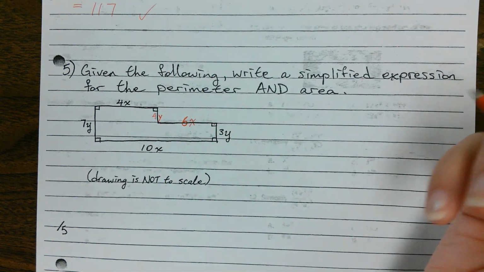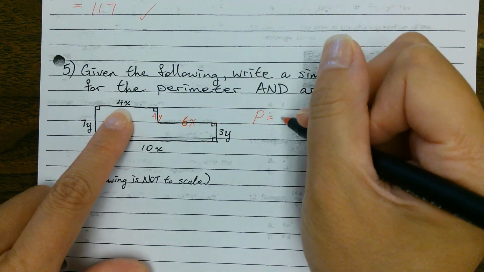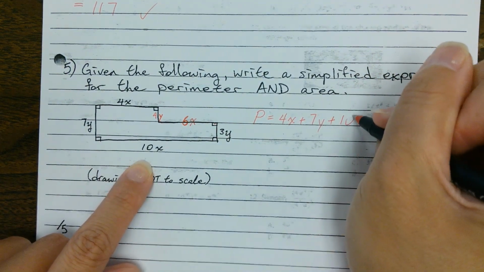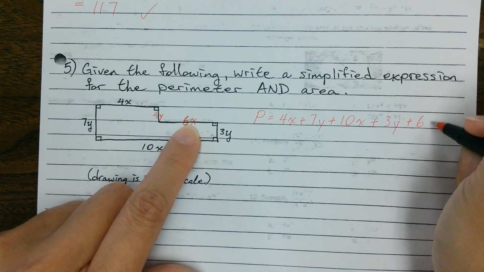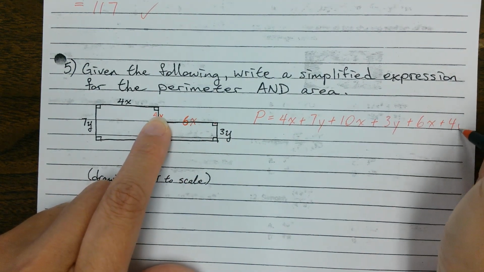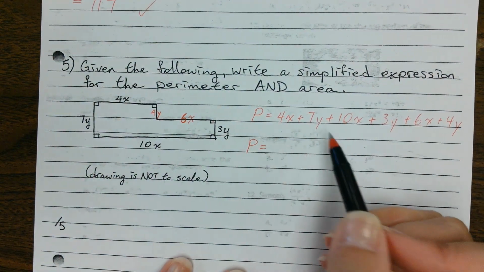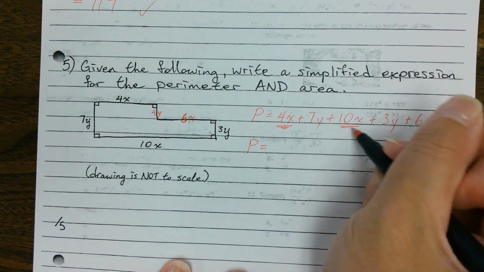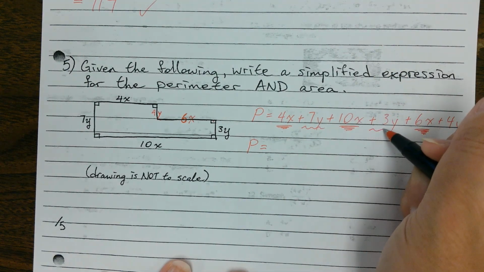Okay. Now that I have every side, I can do my perimeter. So add up all the sides. 4x plus 7y plus 10x plus 3y plus 6x plus 4y. Okay? So perimeter equals, all the x goes together, and then all the y's go together. So 20x